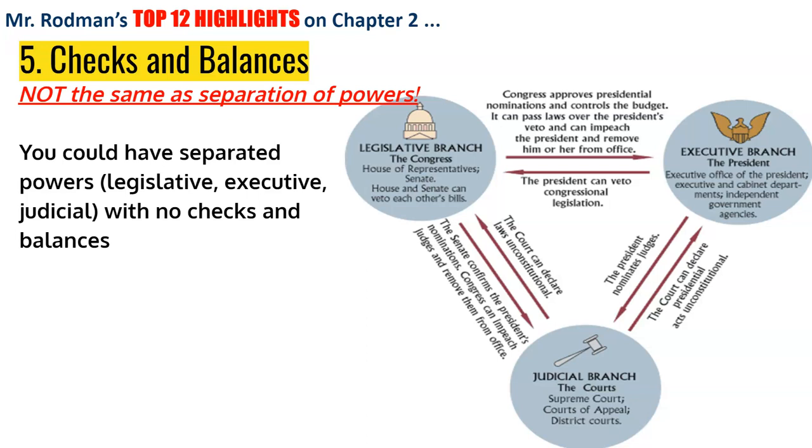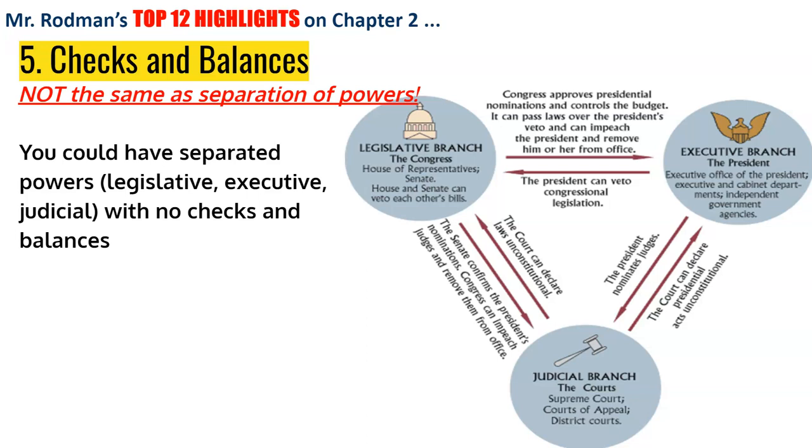So the legislative branch basically checks the president by approving nominations that the president makes, by controlling the budget in terms of what the executive branch can spend money on in terms of carrying out or enforcing the law. They can also impeach the president and vice president and remove them from office. Remember, impeachment happens in the House. The removal, or the trial for conviction, which would result in removal, would be held in the Senate. And that is the role that they play.